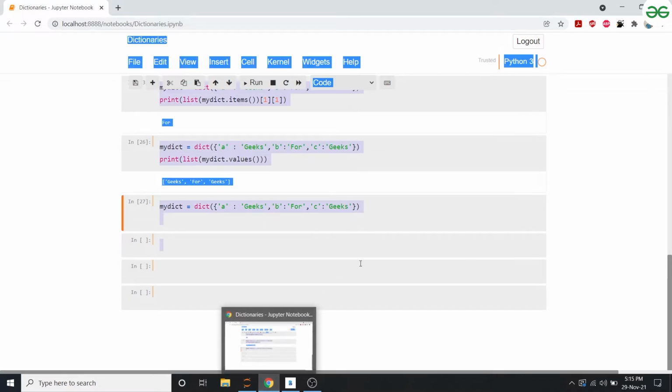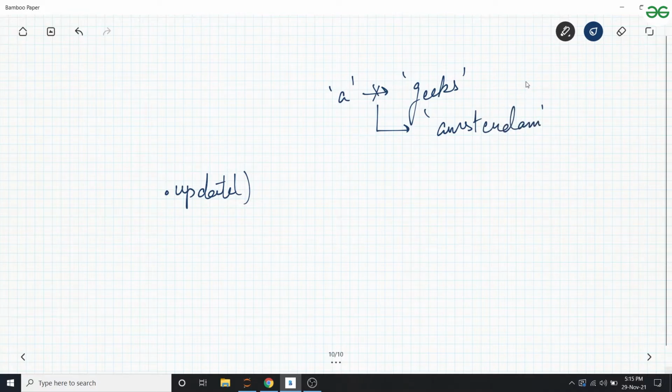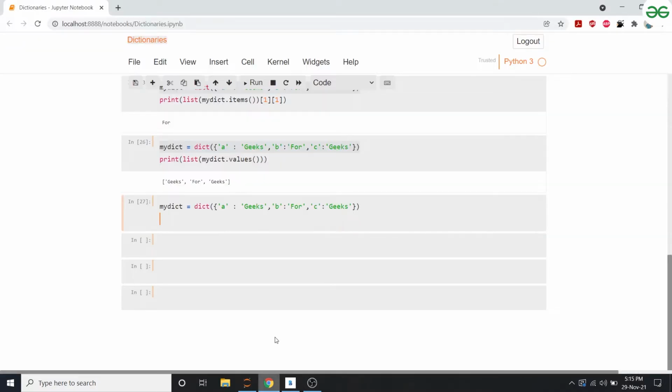So I have a dictionary and I want to update A, which is currently mapped to geeks. I want to update it to Amsterdam. Okay, so how do we do that? We use the built-in update function.